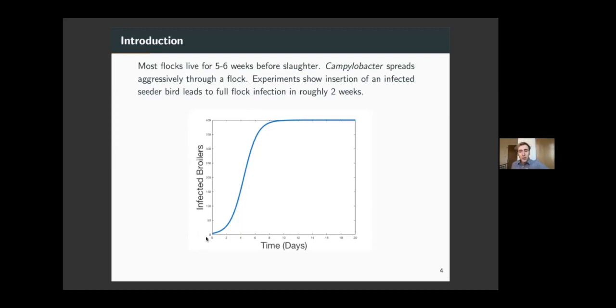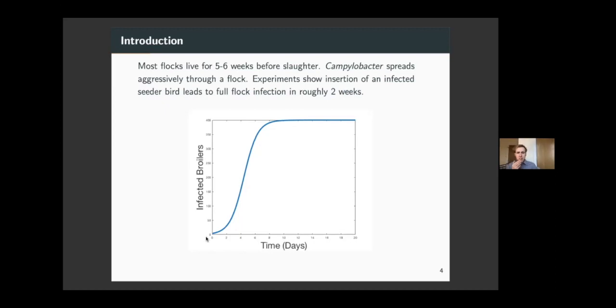And for the most part, up till maybe about 5 years ago, this was the best mathematical model we had, really, just some measure of how quickly a flock gets infected, which really does a disservice to the field. We've done all this fantastic research, and I was quite surprised, actually, that we hadn't pulled this together yet to get a better understanding of the underlying dynamics we see here.